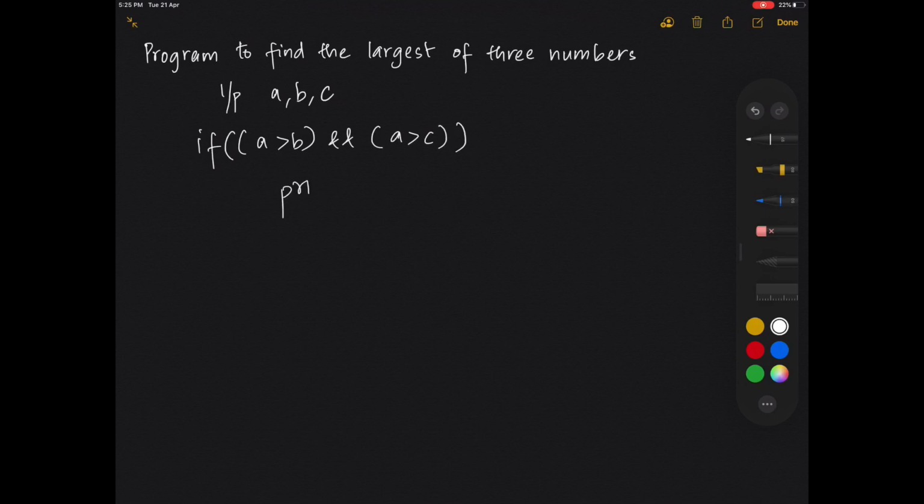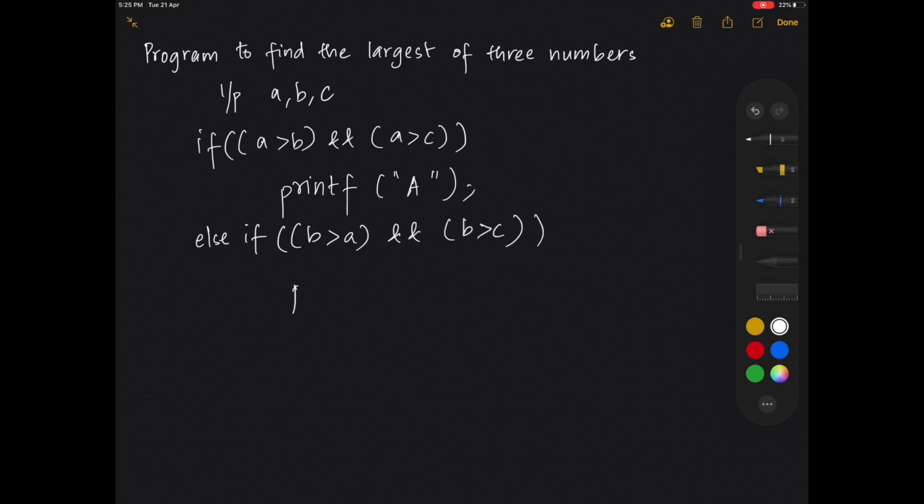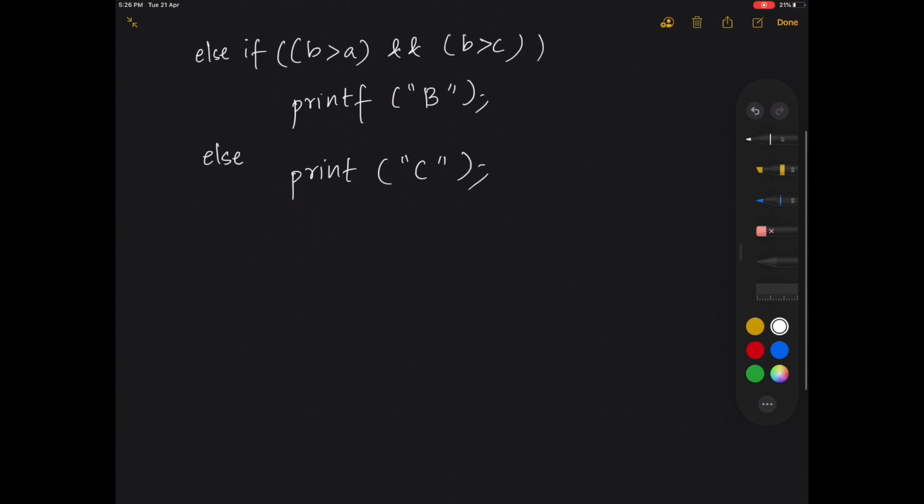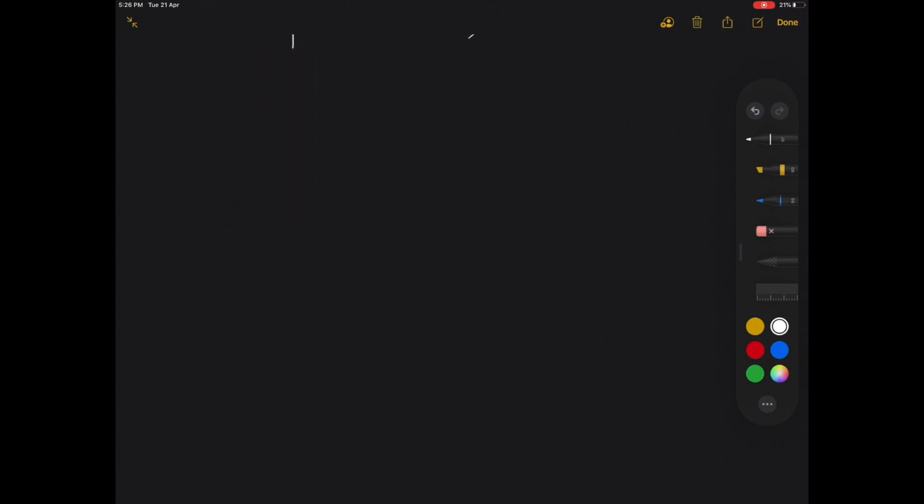You can printf A. Else if B greater than A and B greater than C, you can go ahead and printf B. Else printf C. This works just fine. There's one more way you can find the largest of three numbers by using nested if